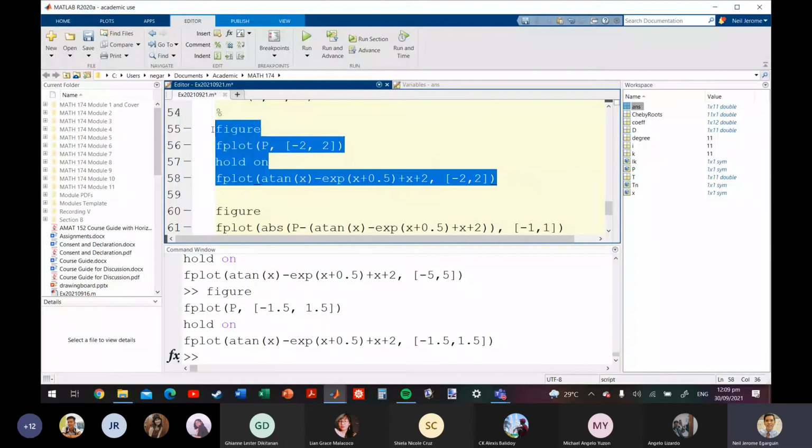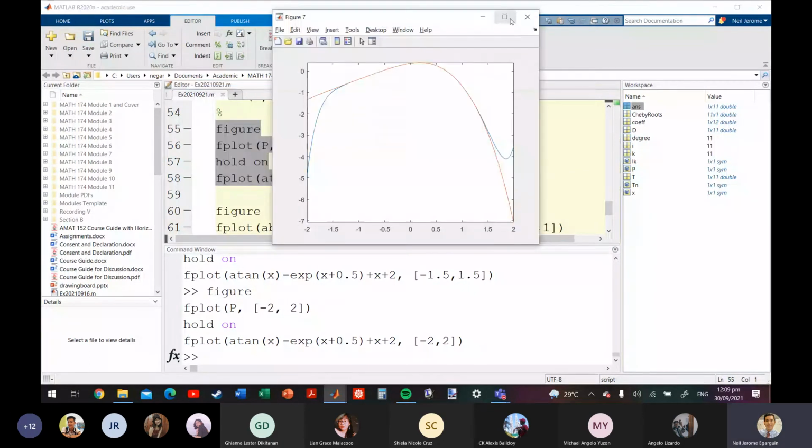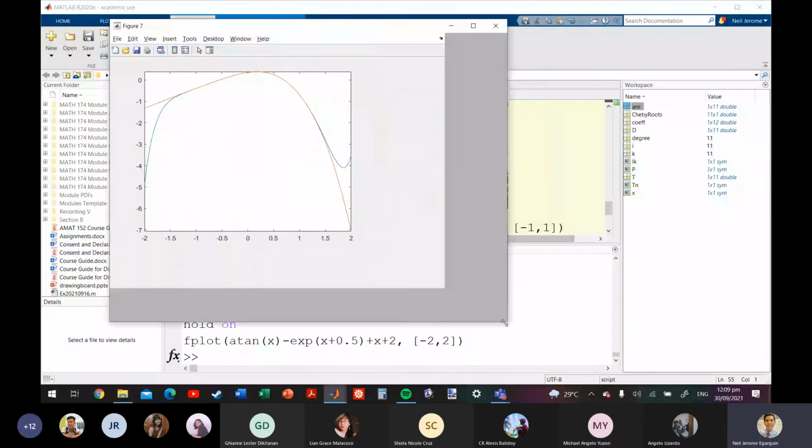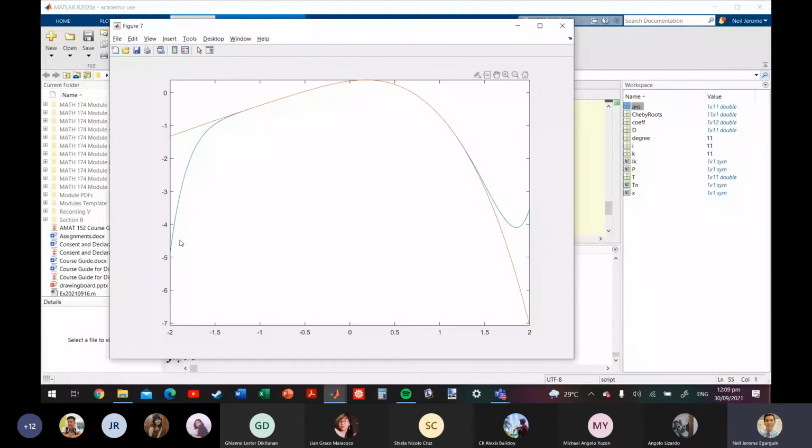So ito yung graph niya from negative 2 to 2. So makita nyo, ang interpolating polynomial natin yung blue, yung actual function ay yung orange. So yeah, makikita nyo na yung difference silang dalawa. But again, over the interval negative 1 to 1, maliit lang yung error. Okay. Kasi yun lang naman talaga yung pinramis sa atin ng interpolating polynomial. We will get nice results for x's between the smallest and the largest interpolatory abscissa.